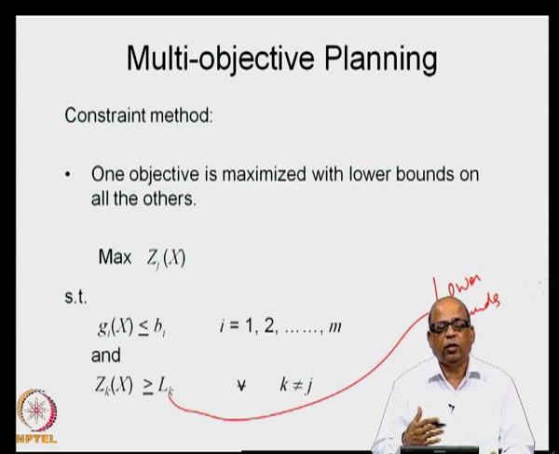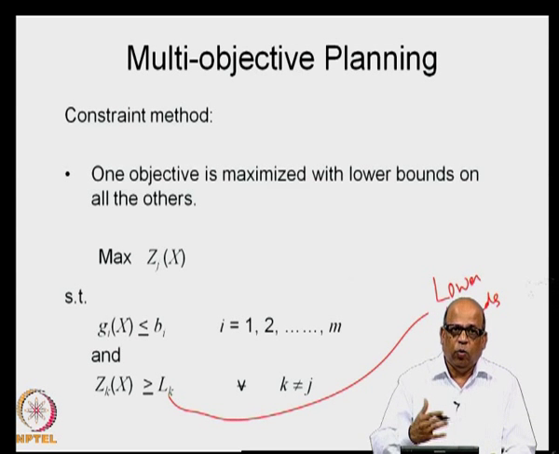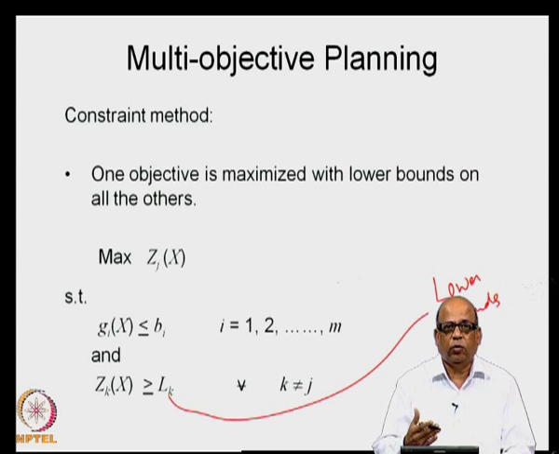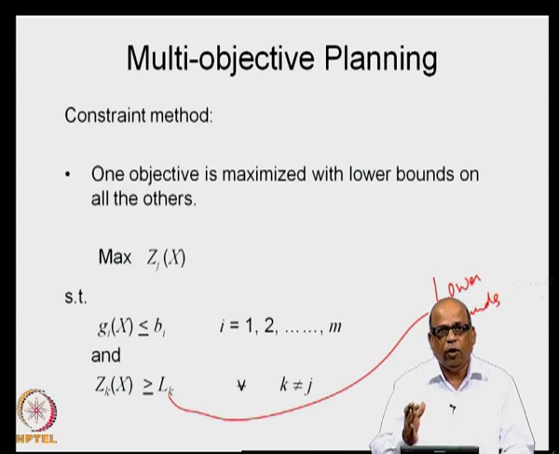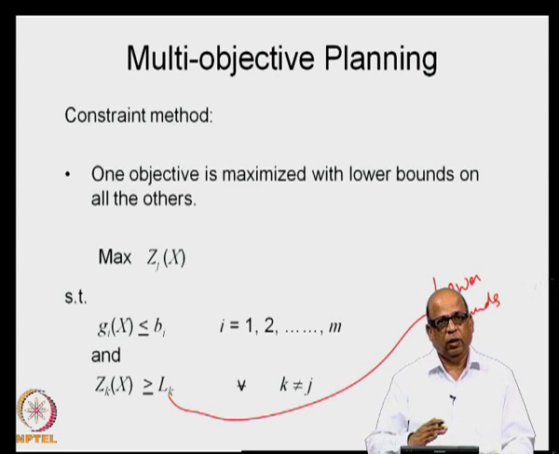Again, here in the constraint method also we can play around and generate several sets of solutions. What do I mean by that? Every time you change this jth objective function, for example, first you maximize drinking water subject to irrigation being at a certain level, then you try to maximize the irrigation objective function subject to drinking water being at a certain level, and so on. So, like this you generate trade offs between several objective functions, so that you have a handful of solutions to play around and then decide what you would like to do in the planning scenario.